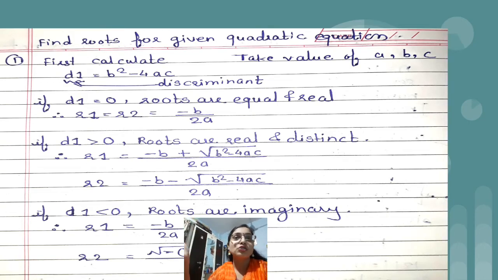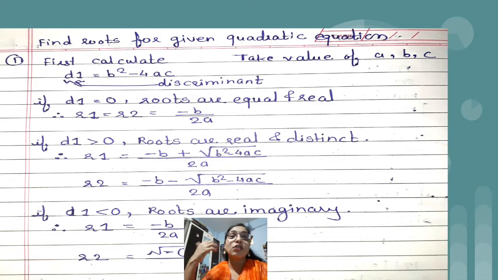If this is not the virtual classroom, then definitely I would have taken 3 examples so that you will be able to analyze this, but now it is not actually possible, and this is the reason why I have written this logic, because according to me this is sufficient for you. First we have to take the a, b, c values, then we will calculate the discriminant value d1 equal to b square minus 4ac, and on the basis of the value of d1, I have given the formulas for getting the roots r1 and r2 for the respective cases: d equal to 0, d greater than 0, d less than 0.